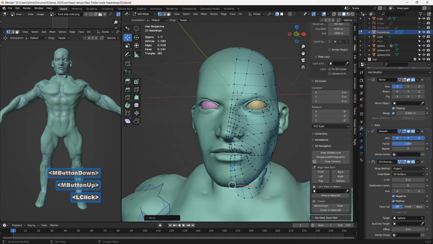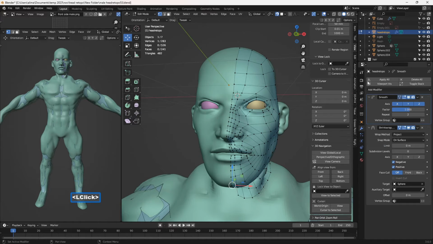I'm going to turn this temporarily off. I'm actually going to take this off, apply all of those because I wanted that to remain how it was. Oops. See this? It says applied failed for head retopo. Oh,